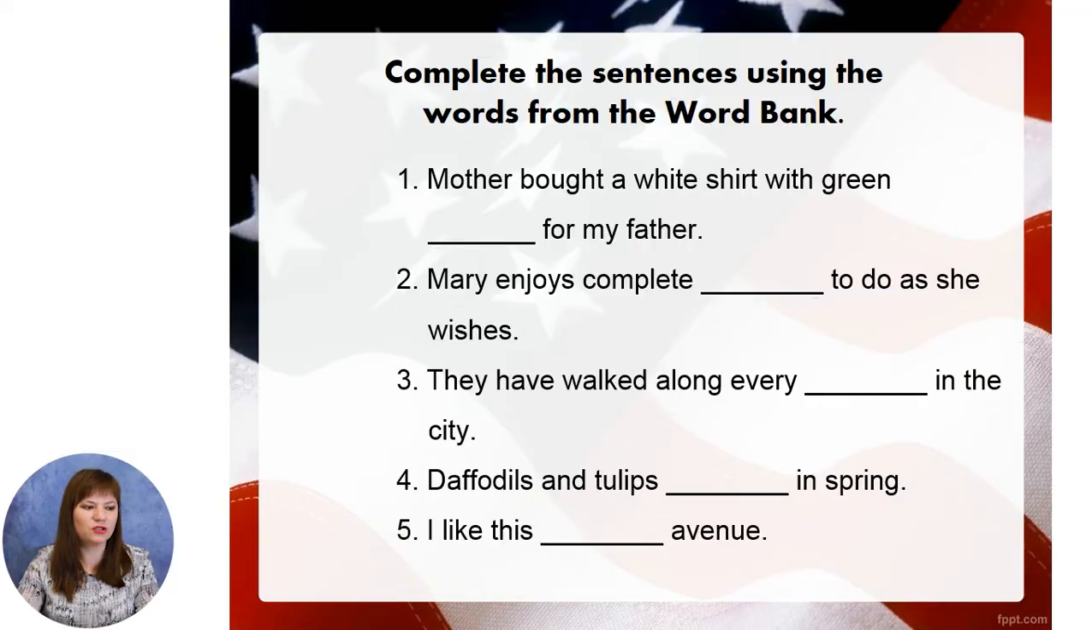Mother bought a white shirt with green stripes for my father. Mary enjoys complete freedom to do as she wishes. They have walked along every avenue in the city. Daffodils and tulips bloom in spring. I like this